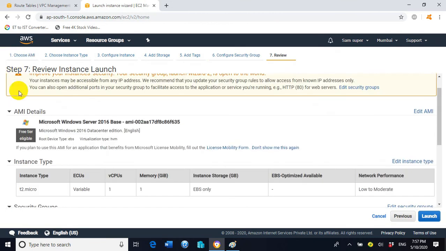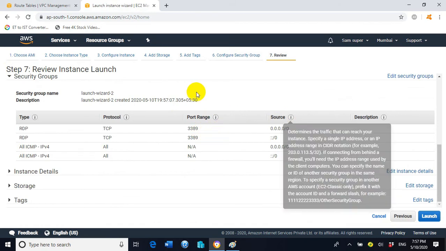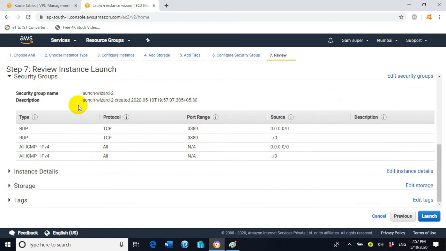Now step number 7 is showing you whatever steps you already performed in the previous wizard screens. If you have a doubt with any one of the steps, you can go previous and change it, and come back again to step number 7. But I have no need to modify anything, I am okay with that.